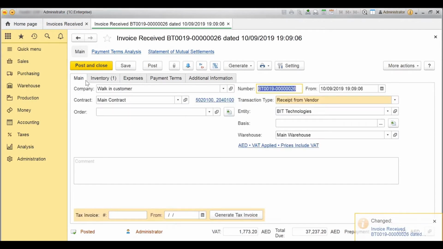At the bottom of the form in the main page, you will find an option to generate tax invoice received document. It is a document that your company receives from your supplier as a confirmation of the input tax amount incurred on the received taxable or exempt supplies and also on advance payment. Only the amount of input VAT that is confirmed by the supplier's tax invoices can be considered as a recoverable tax amount. Let's start with the creation.